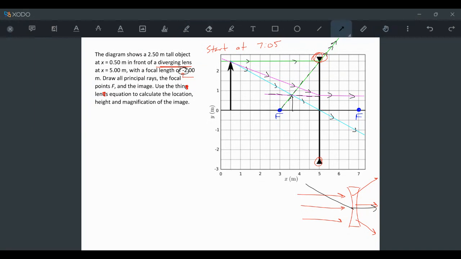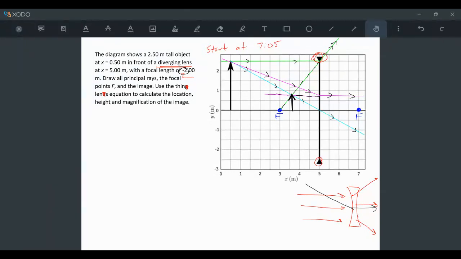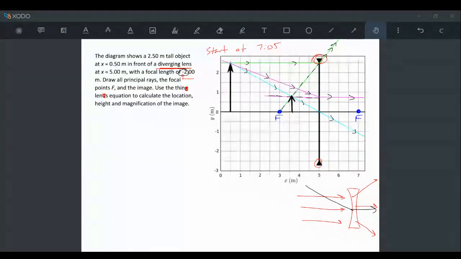So this does agree nicely. We could even put a proper arrow. It's not very good. Something like that. Exactly where all three of those converge. And so all three of them converge in the same place now. So the uncertainty that I said we had with only two rays is kind of removed. All three of them agree. Yeah, so I think now we're set to move on to the second part of this